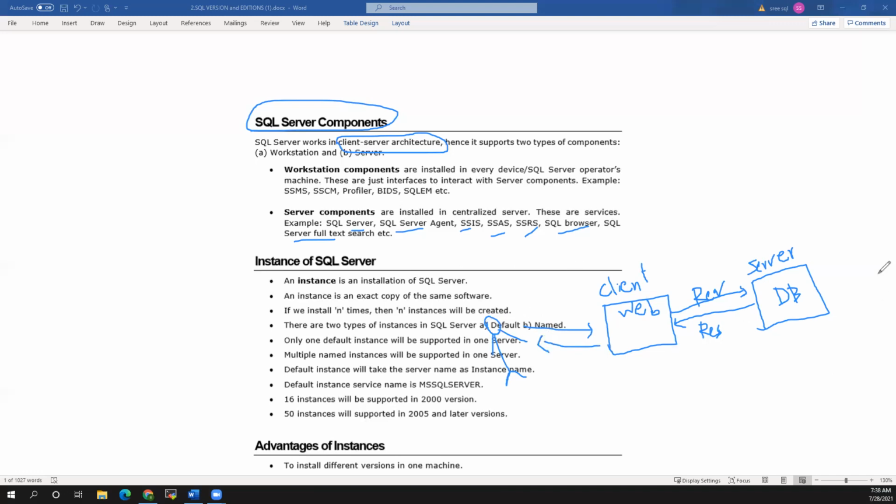So this is the client server architecture that is available. Most systems in the market, RDBMS systems or any system, use this client server architecture.